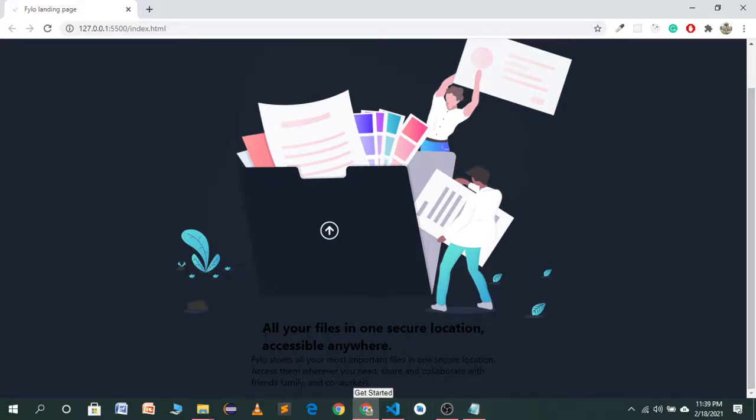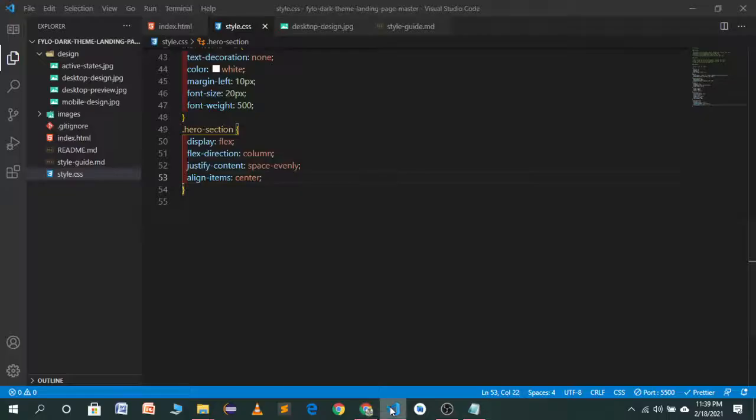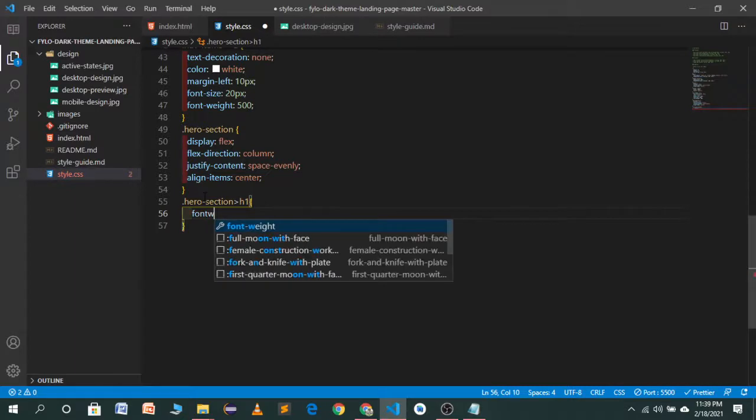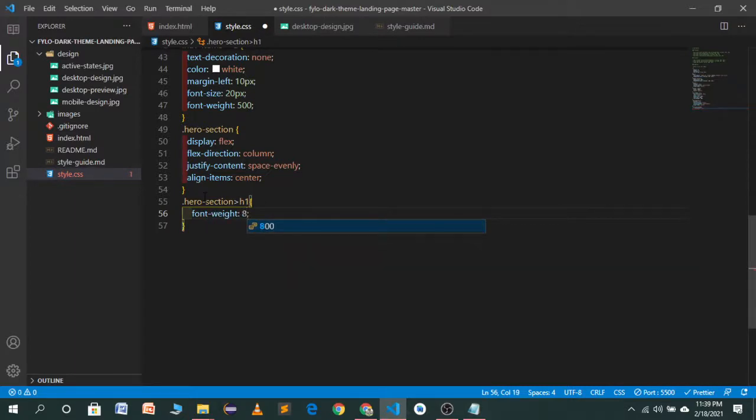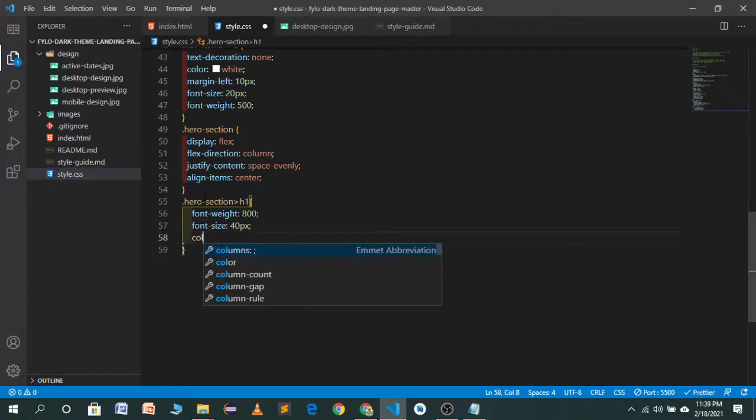We just want to target our heading, paragraph and button. So first of all, target the heading in the hero section. We'll give it a font weight of 800, font size of, let's try, 40 pixel. Let's see how it will look.